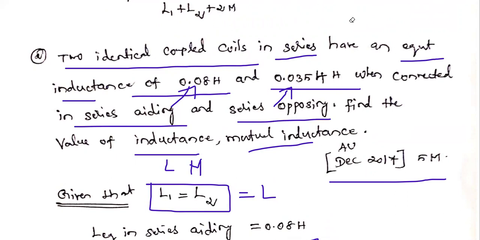This topic is magnetic coupling or inductive coupling, where two coils are connected in series and parallel. Using these formulas we may solve such problems. For more than two coils, we may use the previous question; that problem we solved in the previous video, multi-winding circuit. This video covers only two coils connected in series and two coils connected in parallel aiding and parallel opposing. This is the concept.